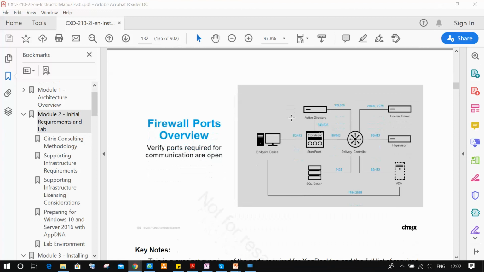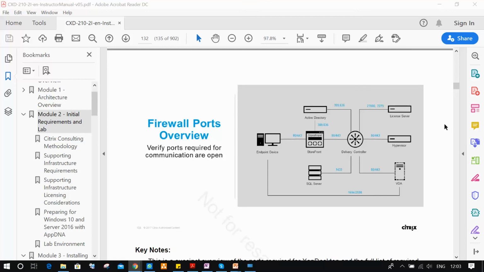And now these are the port numbers. It's very important. Please take a screenshot. These are the ports we require. If anywhere the port number is showing 443, that means in that area we are installing a certificate. In that area, if we are not configuring 443, it means a certificate is not required.